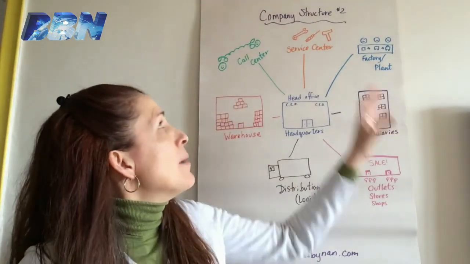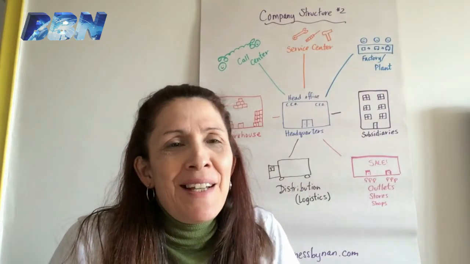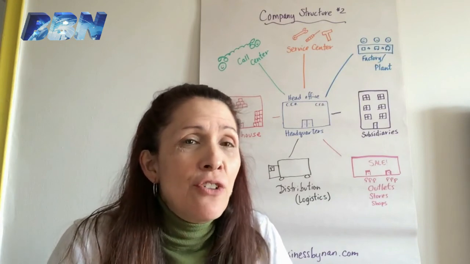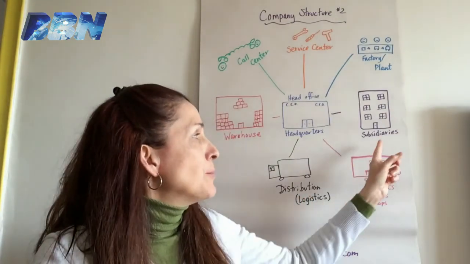So these are the main parts of the company. Of course, there could be more, but these are the main ones. Just look for pronunciation, of course. The hardest ones to pronounce are distribution, subsidiaries,